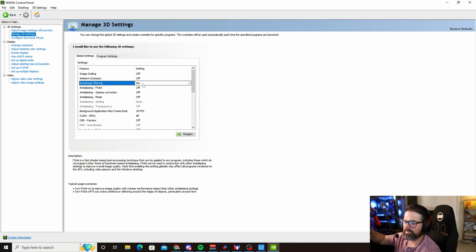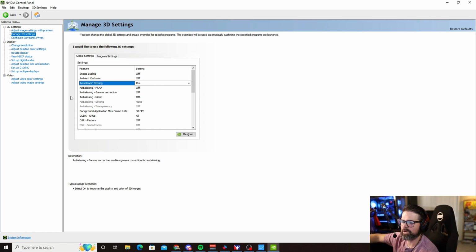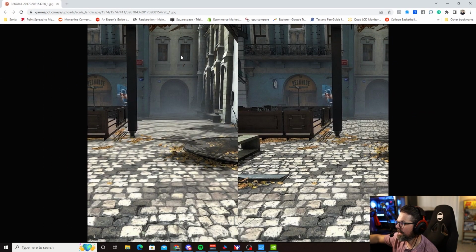This just makes the picture look blurry. It makes it look like crap. If I bring this over, this is over here on the left. This is without anisotropic filtering. See how it's all blurry and looks like crap at a distance? Once we get up close, it looks better, but at a distance, it just looks like crap. Over here, you can see it looks much better, much more crisp, just much more realistic.